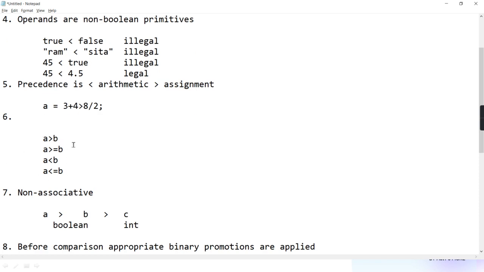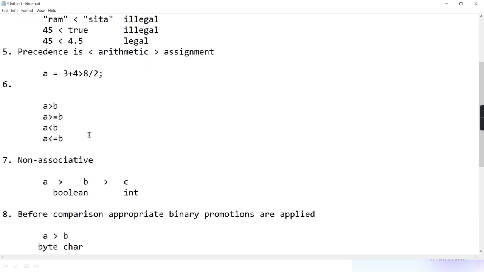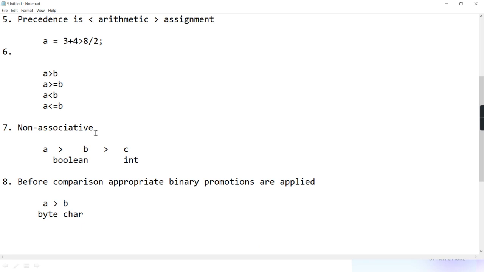These are only the 4 operators coming in this category. It is non-associative. Non-associative, why? Because you cannot do such chain operation. Can we perform chain operation on relational operators? Chaining, like A greater than B greater than C? No, there will be incompatibility in the data type, guys. If it is A greater than B, the result is Boolean, and C may be primitive, that is integer.